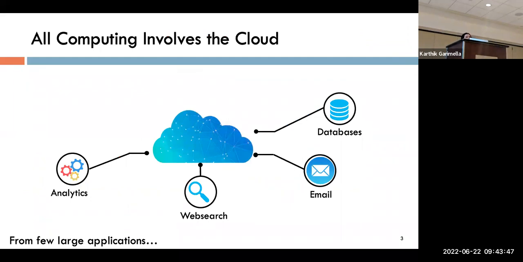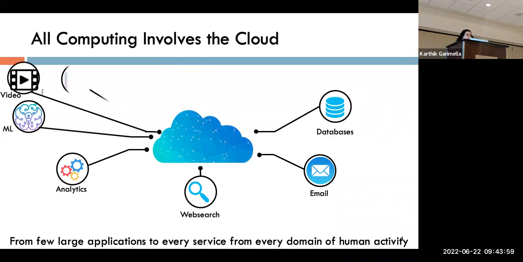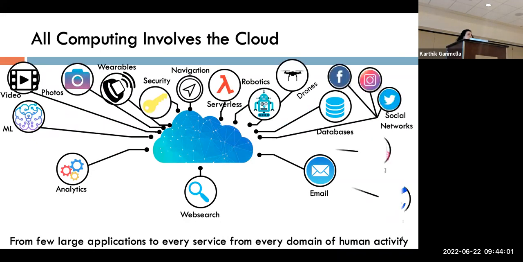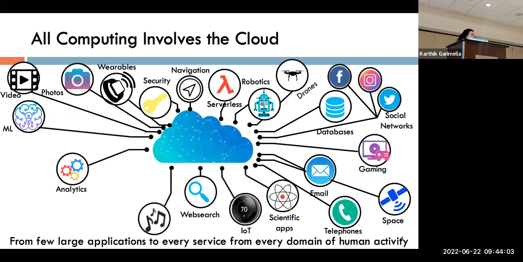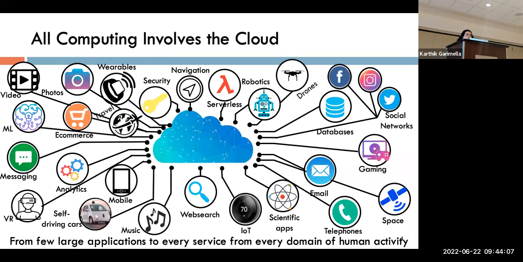Now, before we see more about the design of HiveMind, let's go a little bit back on the motivation. What are the characteristics of the applications and systems that we care about, and what are their constraints? So in the 15, 17 years that cloud computing has been around, it has gone from supporting a small number of large applications to hosting practically every application from every domain of human activity. These are applications that we have come to expect high performance, low latency access at any point in time and from any place in the world.